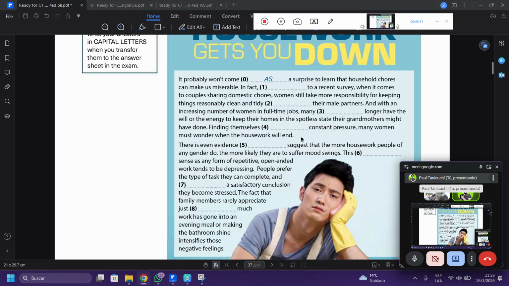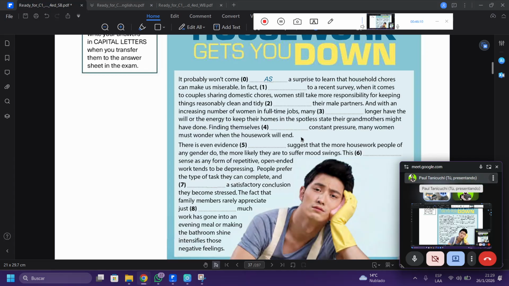Next: people prefer the type of task they can complete and get a satisfactory conclusion, they become stressed.